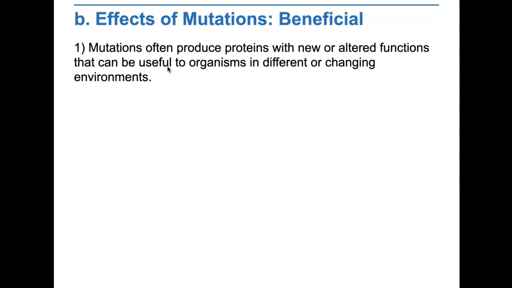For example, when a complete set of chromosomes fails to separate during meiosis, the gametes that result may produce a triploid, or 3N, or a tetraploid, or 4N, organism. This condition, in which an organism has an extra set of chromosomes, is called polyploidy. A polyploid plant, like the one